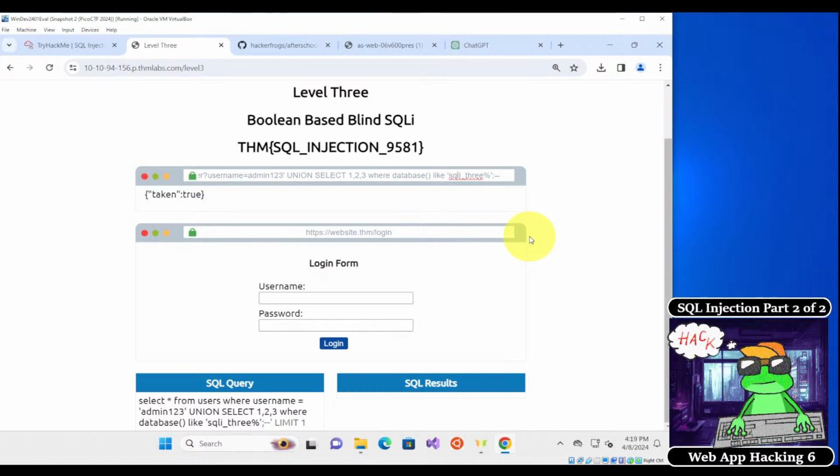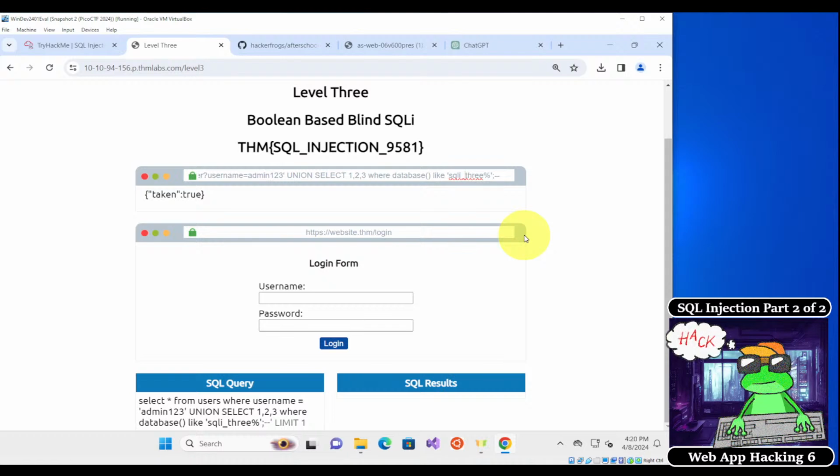So this is also taken equals true. So you might ask, after we figured out that the name is SQLi_3, how do we know that there aren't more characters after this? Basically, we would only know that there are no more letters after we've exhausted all the other possibilities. So we would go through A to Z after this, and then the numbers 1, 2, 3, 4, 5 to 0, and we would try all the special characters, and eventually we would exhaust all the possibilities, and we would figure out that the name of the database is